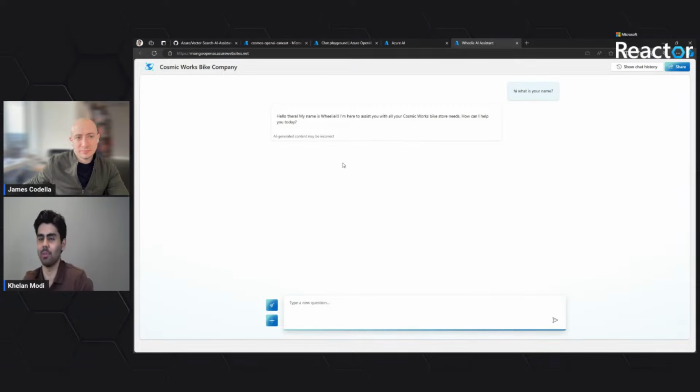Now, this is a chat application that I've built without writing a single line of code. And now I want to show you how you can build one with a few lines of code using a Jupyter notebook, and how you can revolutionize the AI-driven advertisement field. So for that, I'm going to switch over to my second demo of the day,